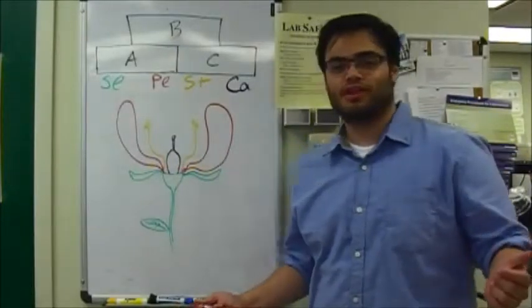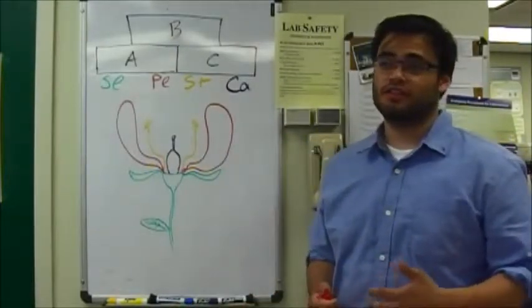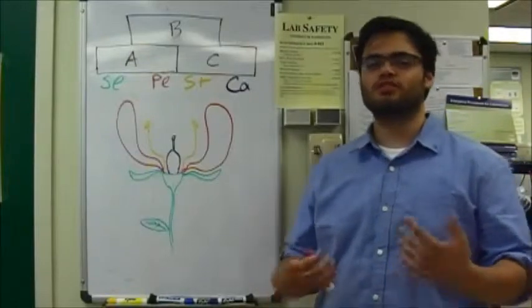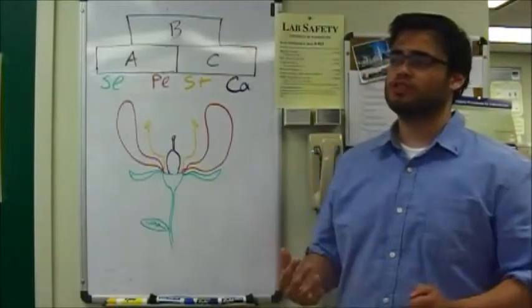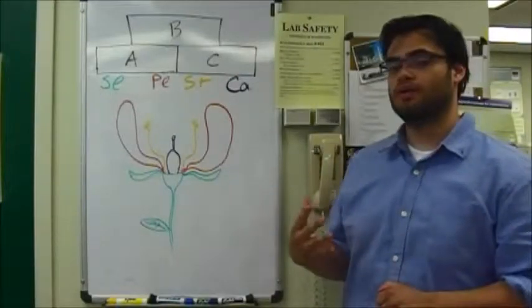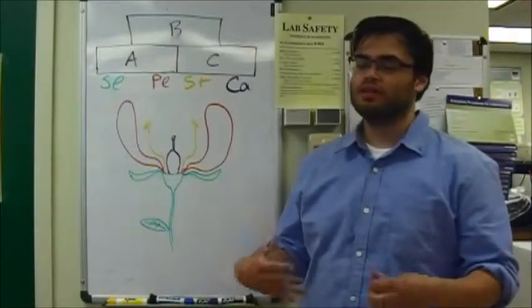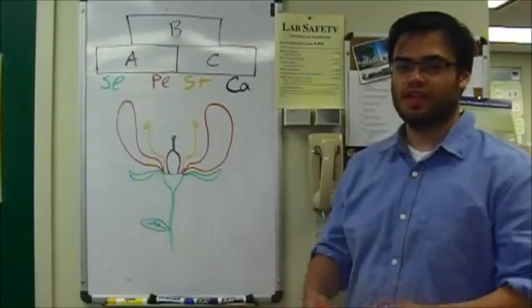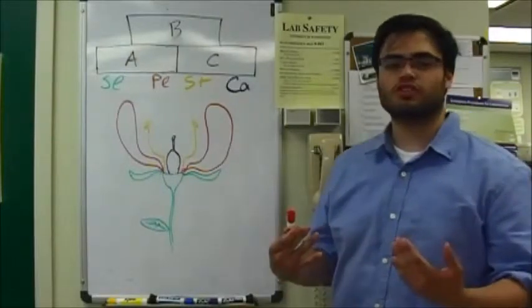As I mentioned in the greenhouse, I'm interested in understanding the evolution of flower development. So what that means is, I'm trying to understand how the genes that produce the different organs within a flower have evolved throughout time. Before I go more into that, first let me do an introduction into the anatomy